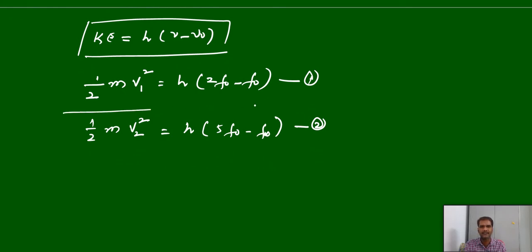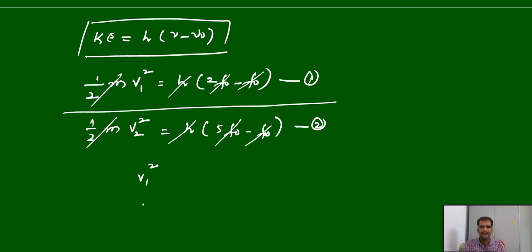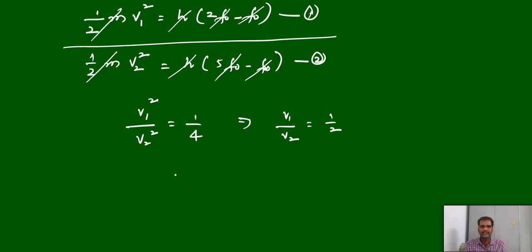Now we have to calculate v1 ratio v2. Just take equation 1 by equation 2. The h will cancel out and f naught will cancel out. What is left here? 2 minus 1 is 1, and 5 minus 1 is 4. So you will get v1 squared by v2 squared is equal to 1 by 4. From this, v1 by v2 is equal to 1 by 2. Then what is x is to y? x ratio y equals 1:2. Then x plus y equals